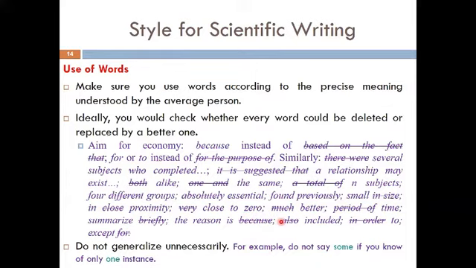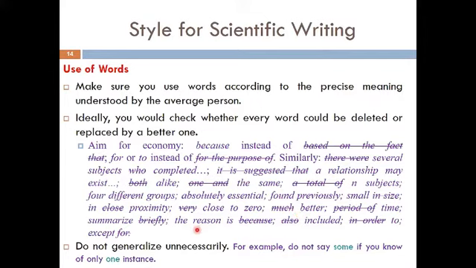And then people normally make the mistake of writing "much better". There's nothing like "much better"; you can just say "better". "Period of time": you're still talking about time, so "time" is enough. "Summarize briefly": you can just say "summarize". And "the reason is because": the reason is the reason. And then "also included": you can remove the "also" and just write "included". Then "in order to" can just be left with "to". And then "except for" becomes "except".